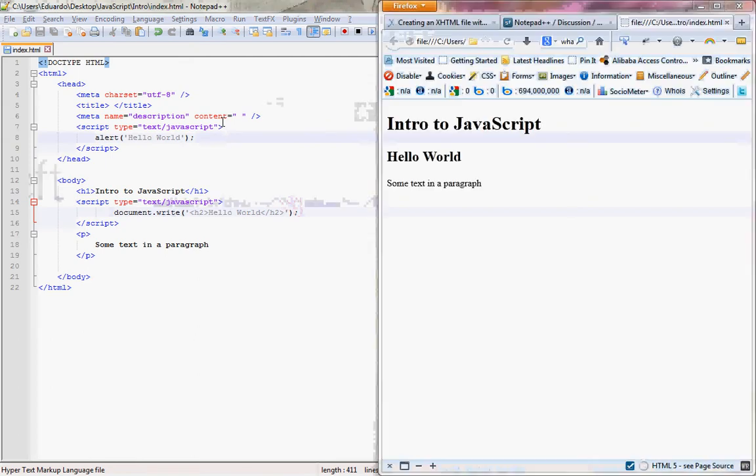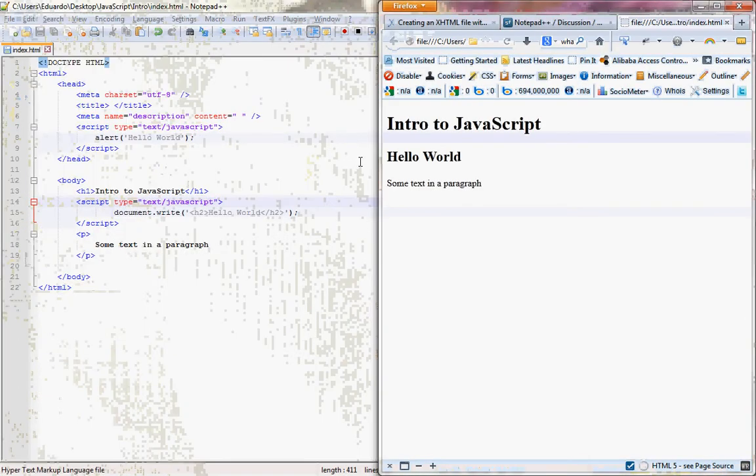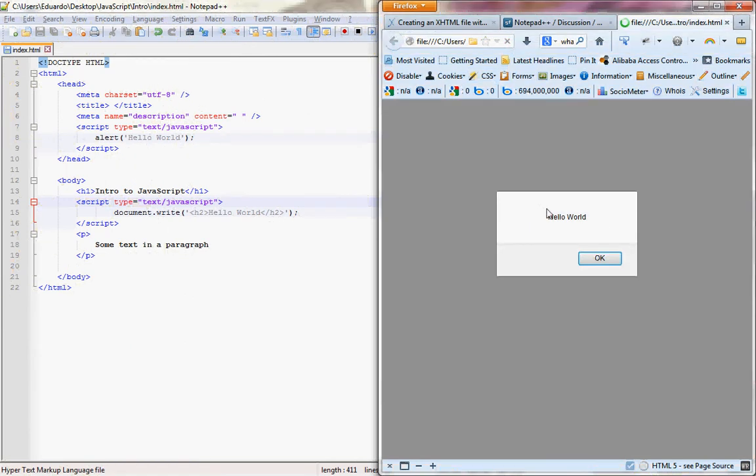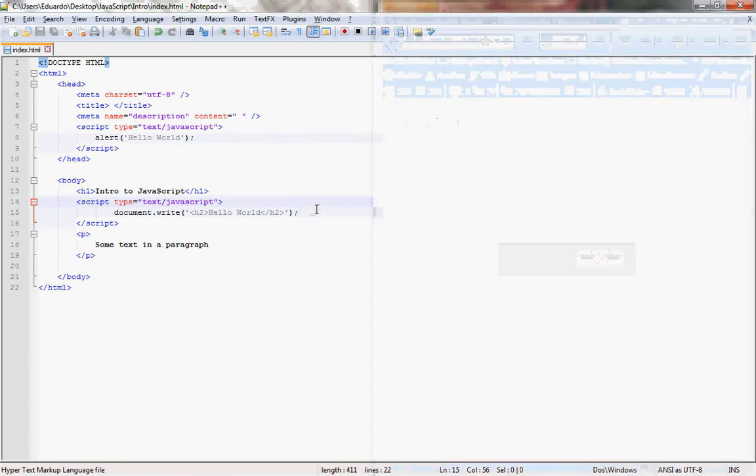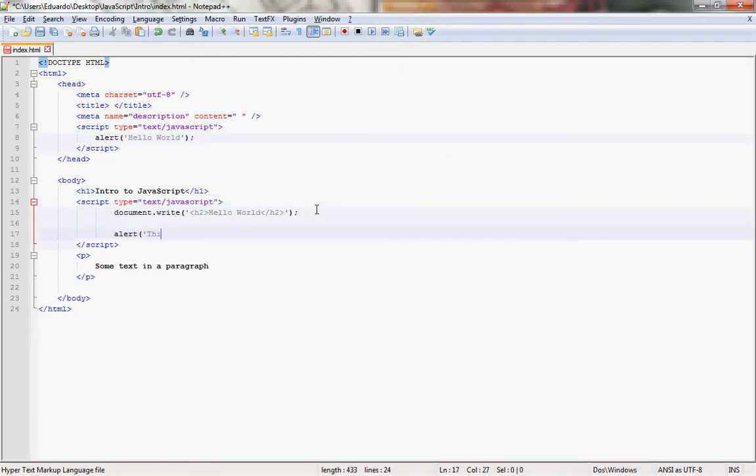Let's take a look at the example on Firefox. So first I have hello world, that's line 8, and I do not have anything on the background yet because it's not inserted. We didn't get to that part of the code yet. After I click OK, then I can see the content. For example, if I write another alert, this is after